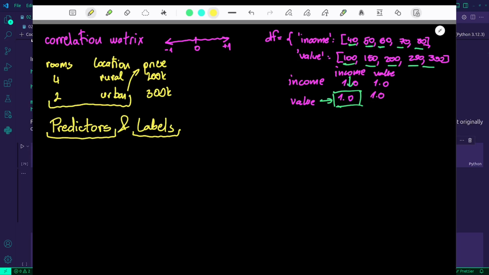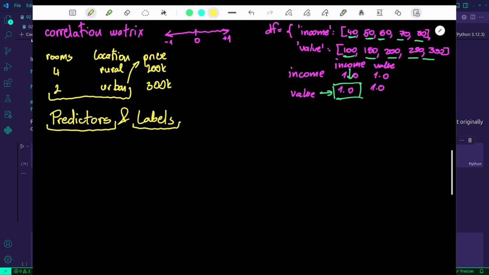And where's my pen? Here you are. So if I have total rooms, total bedrooms, and let's say we have 2 instances, total rooms 5, 2, 1.